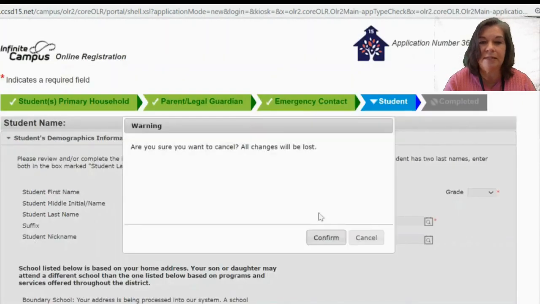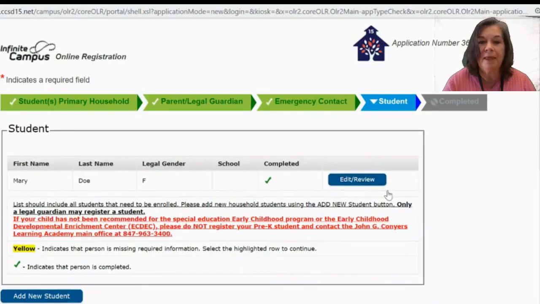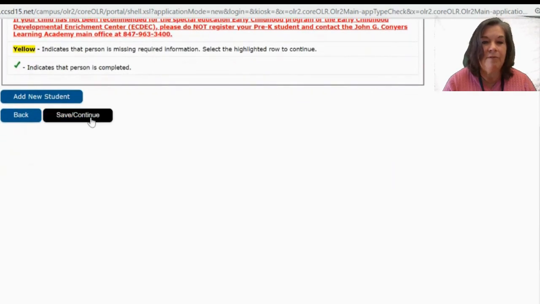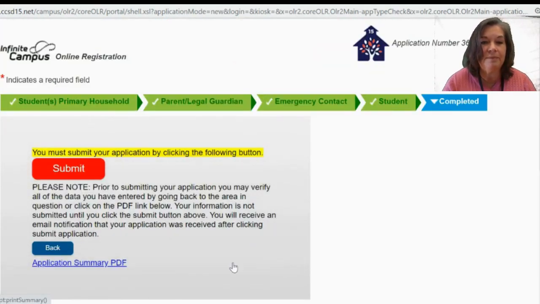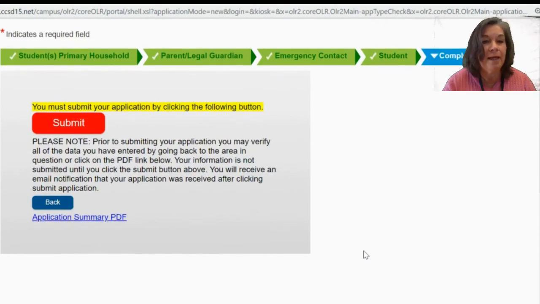We're going to cancel this and confirm that. Okay, so now I have my child's information entered, and I get to the last page,